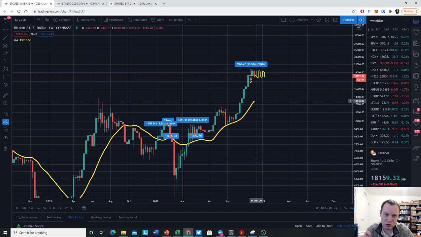Don't put too much importance on the 20-day moving average, but just add it to your toolbox to help navigate